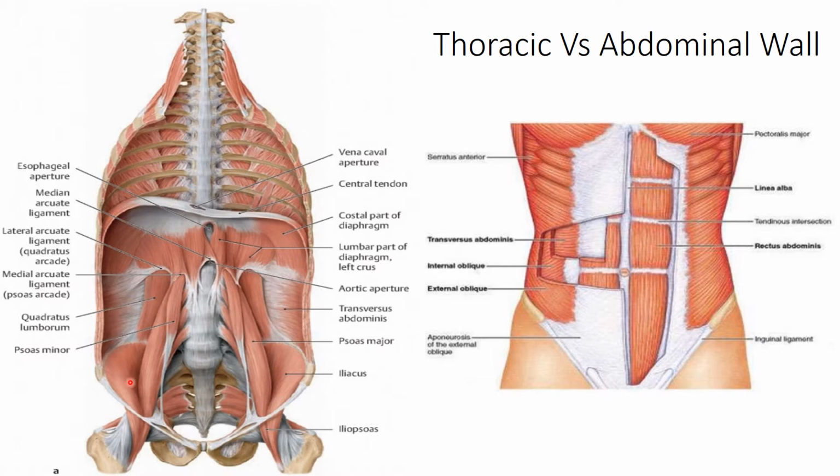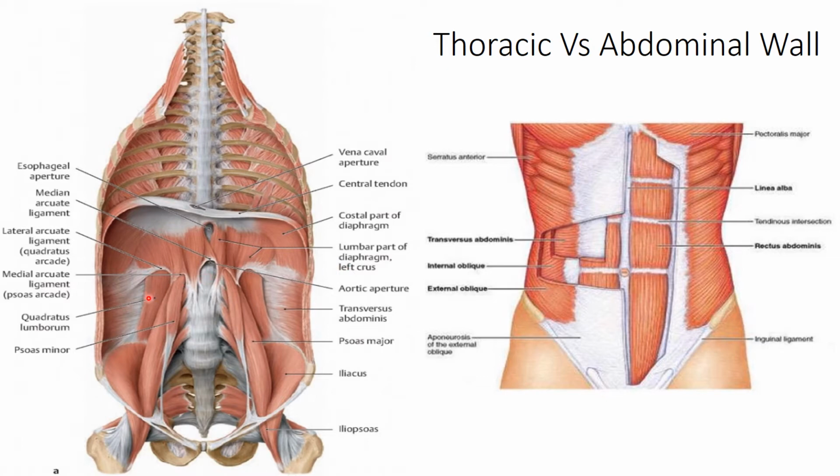Now let's discuss the boundaries of this abdominopelvic portion. This portion is bounded anteriorly by the paired rectus abdominis muscle and its rectus sheath, and in the midline there is this thick fibrous portion which is linea alba. Now anterolaterally are these anterolateral muscles which are similar to those in the thorax. So they are external oblique, internal oblique, and transverse abdominis.